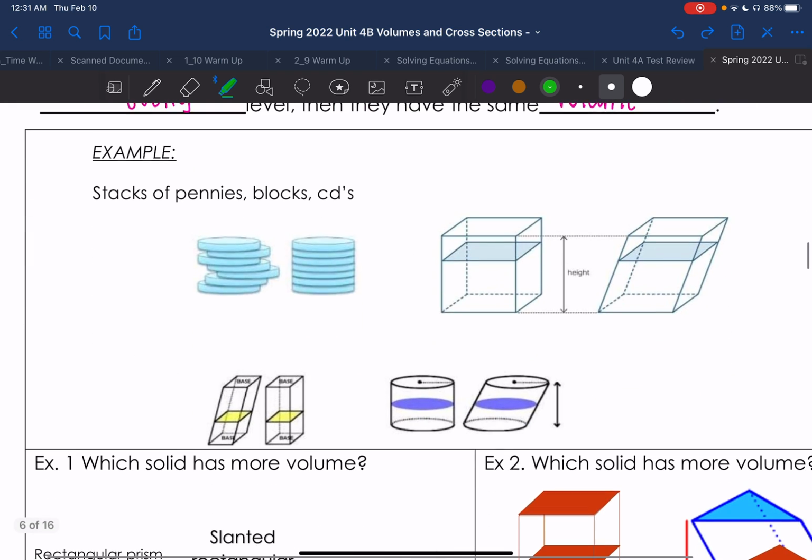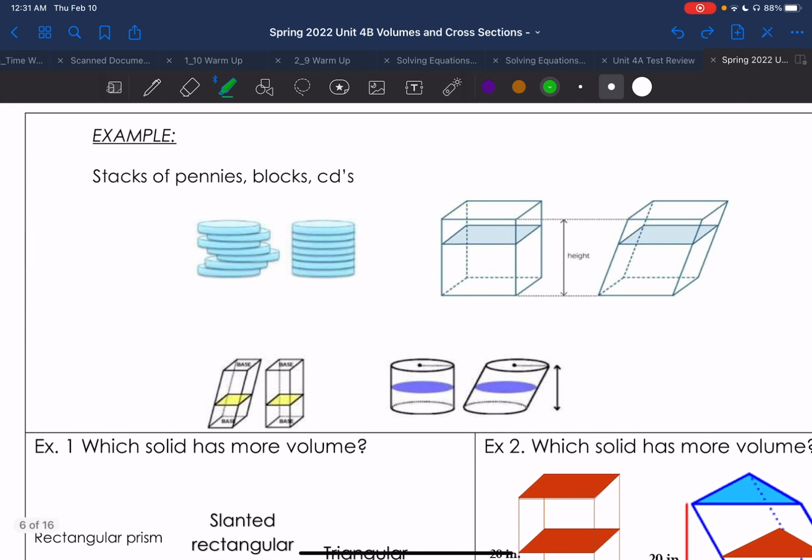All right, so some examples here of figures that have the same height and same area. Typically, they just look like a perfect, straight up and down 3D figure and then pushed over to the side. So here we have a straight up rectangular prism compared to a slanted rectangular prism. We have a cylinder compared to a slanted cylinder. We have another square prism compared to a slanted square prism. Even the stack of pennies. We have 1 penny, 2 pennies, all neatly stacked,